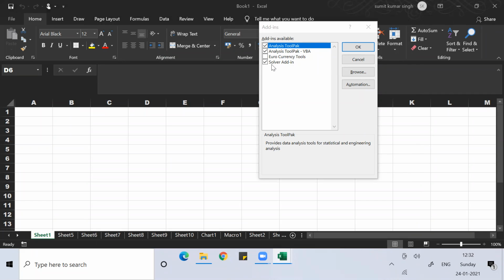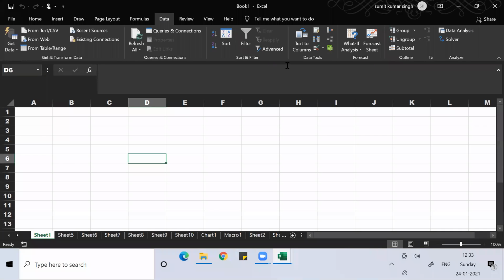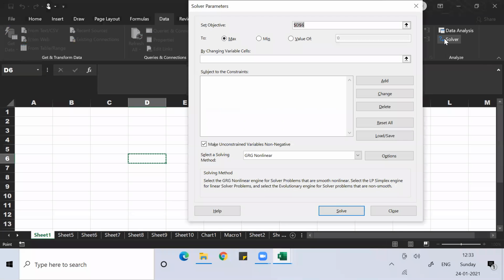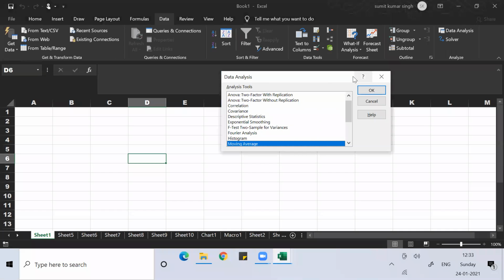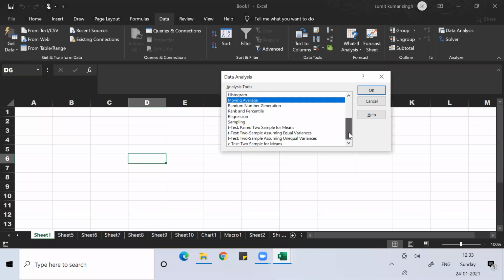then Solver Add-in. I have taught you about the application of Solver Add-in. Normally we use Solver Add-in when we work on operations research, when we are trying to solve an LPP problem. And Data Analysis is something purely statistical in nature.